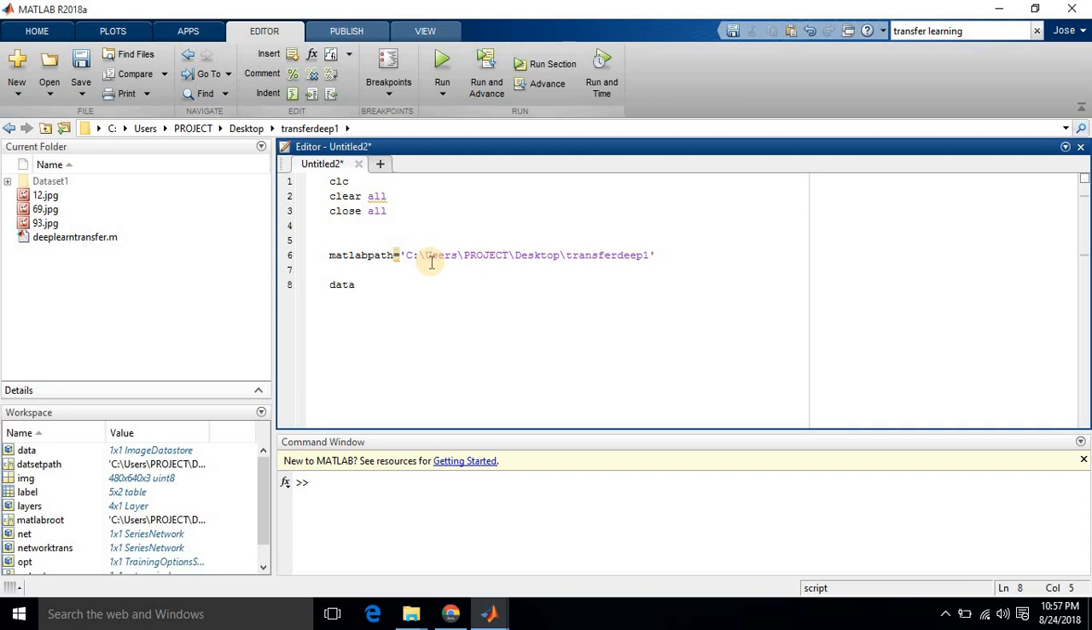then read the files, fullfile of MATLAB path, comma, dataset. This is the path of the dataset. Then we have to